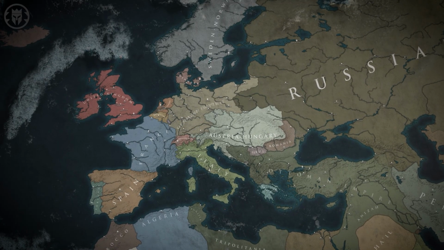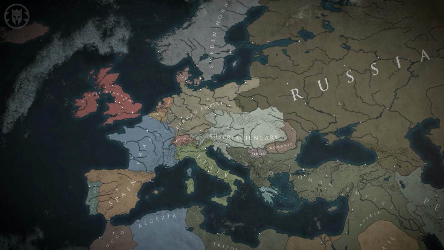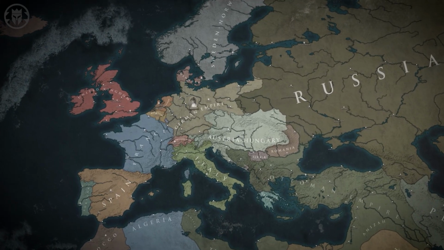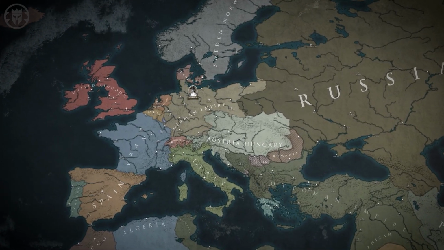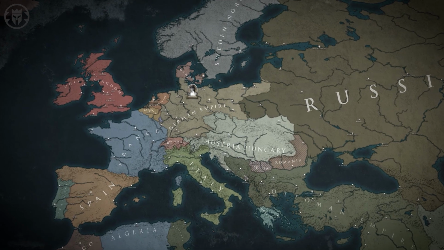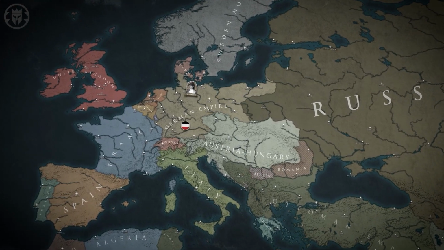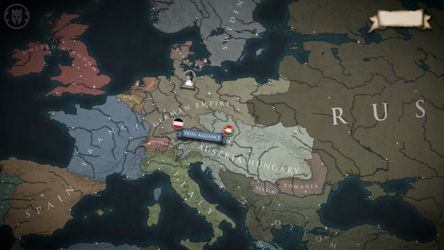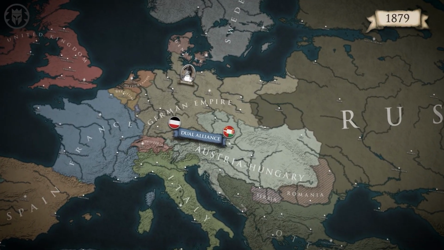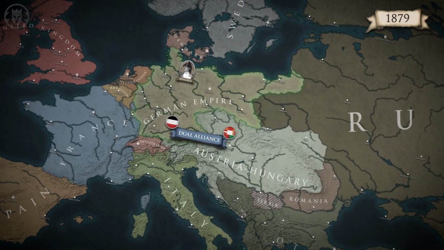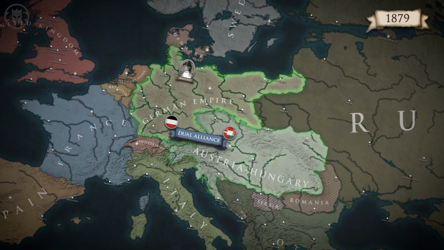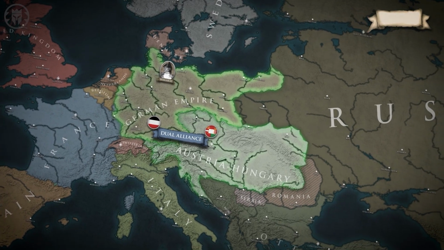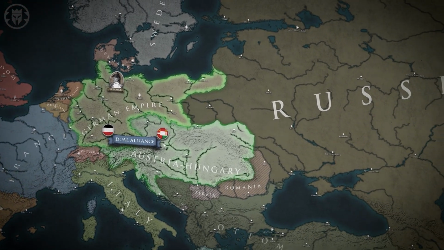In order to usher in something similar to the Concert of Europe for a second time, Otto von Bismarck began to create a system of alliances to prevent or limit war. The first major alliance to emerge during this period was the Dual Alliance of October 7, 1879, a defensive alliance between Germany and Austria-Hungary, in which the two powers promised to support one another in the case of an attack